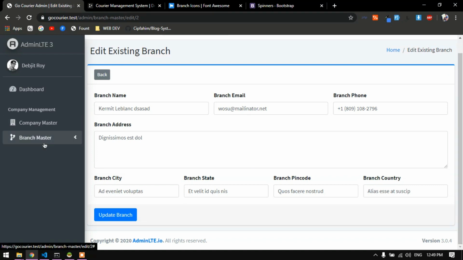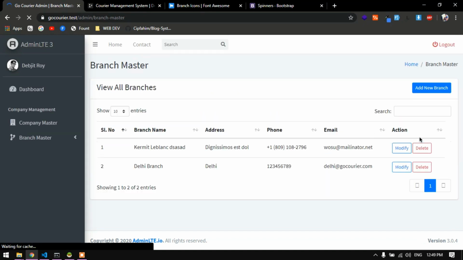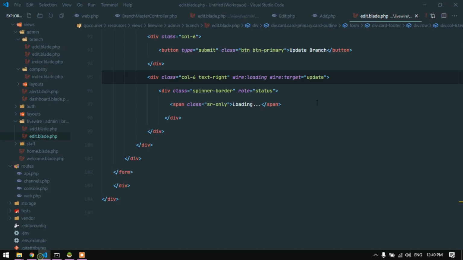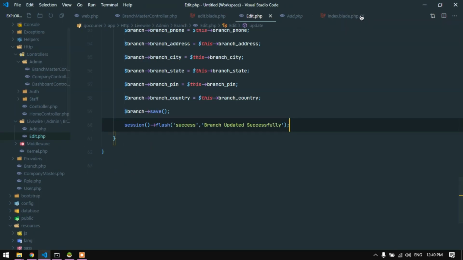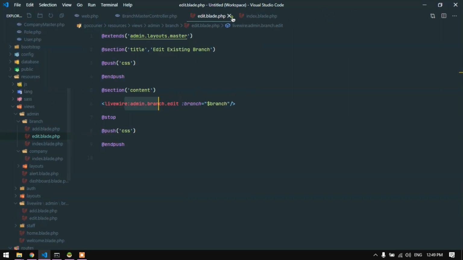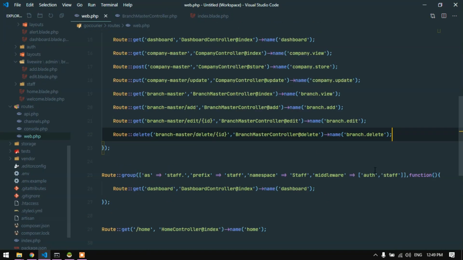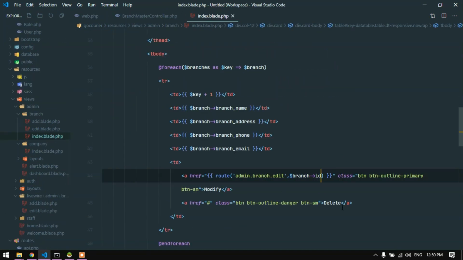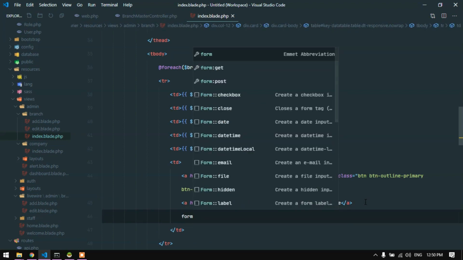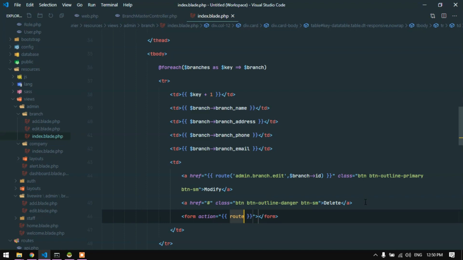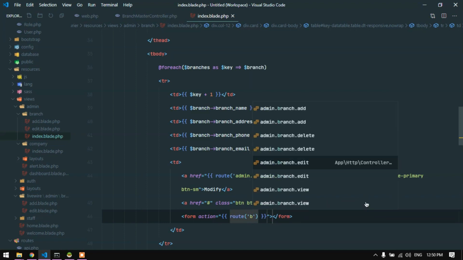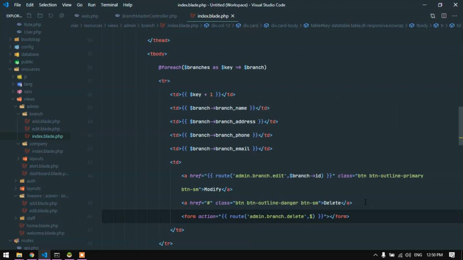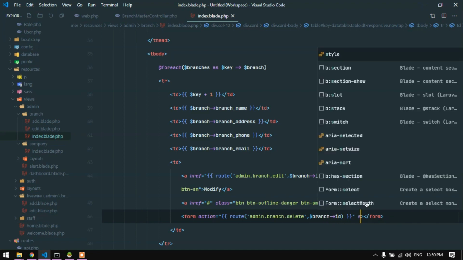Now the last thing which is required is to actually delete the branch. So for that, I will go back to my index. My route is already there. It's branch.delete. So I will go back to my index, and first I will create a form. The form action would be route admin.branch.delete, and the ID would be branch ID, and I will give a style of display none, and it will have a method of post,